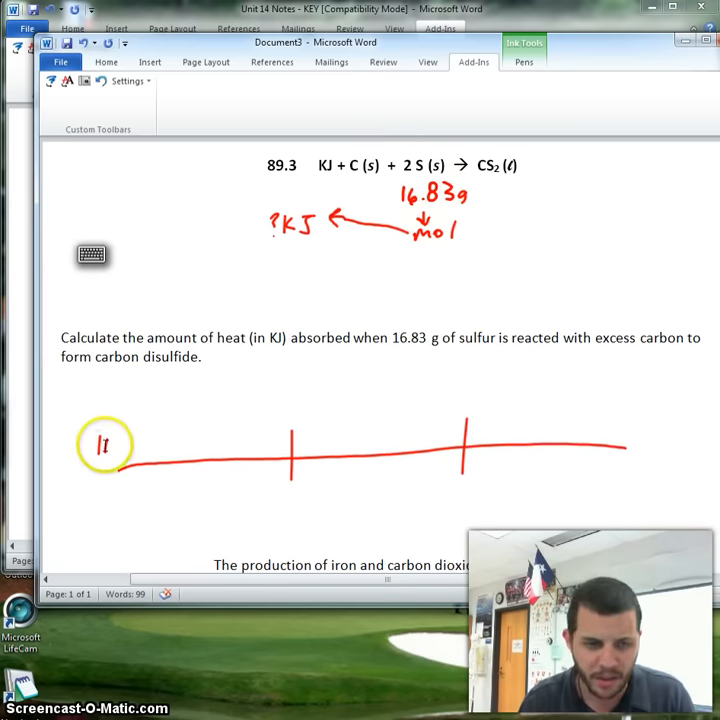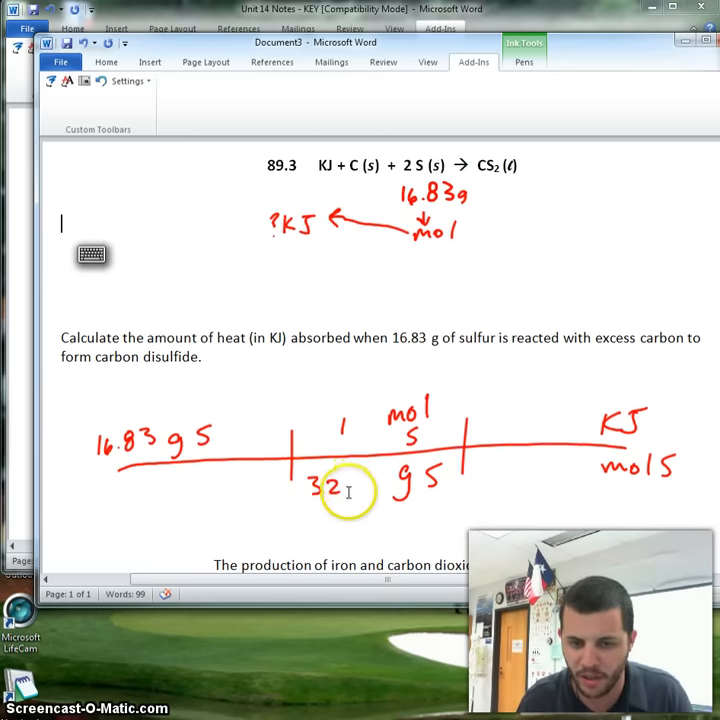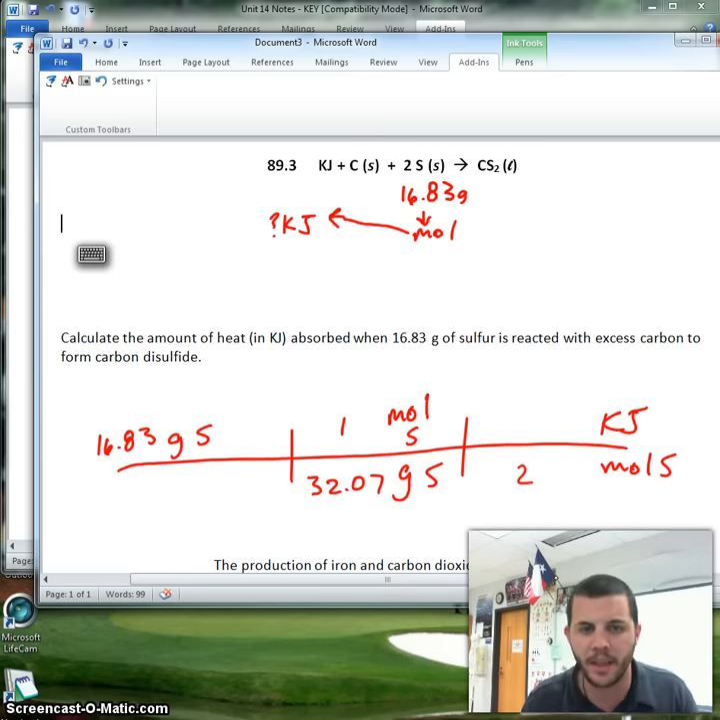Okay, so once again, I'm going to start off with 16.83 grams of sulfur. I go to moles of sulfur, and then I go to kilojoules. I bring everything down, grams of sulfur, moles of sulfur. And so now I can say, okay, well, I know 1 mole of sulfur, the molar mass of sulfur, is 32.07. Now for right here, I have to relate the coefficient, which for sulfur is 2, and my kilojoules is still 89.3. So now when I type that into my calculator, I get 23.44